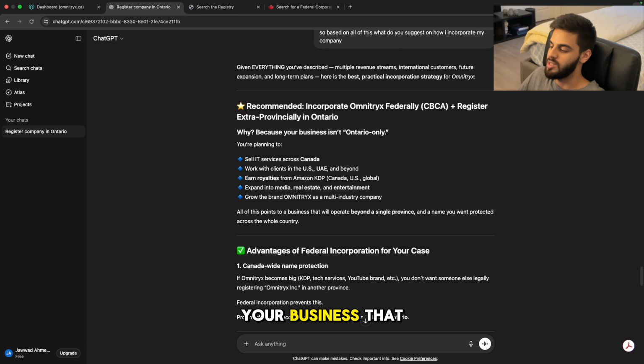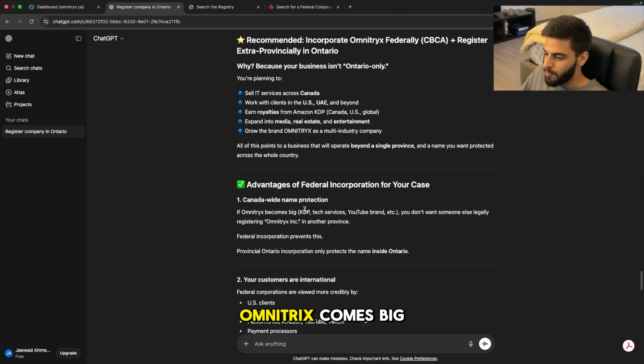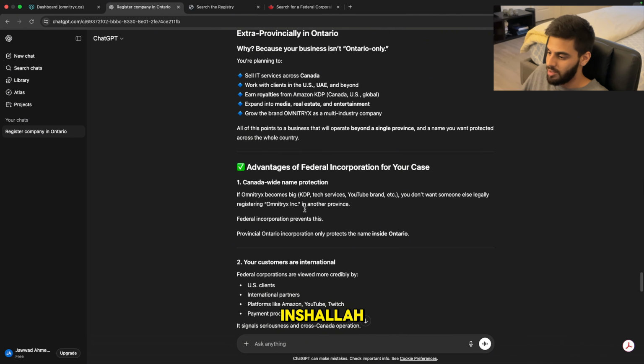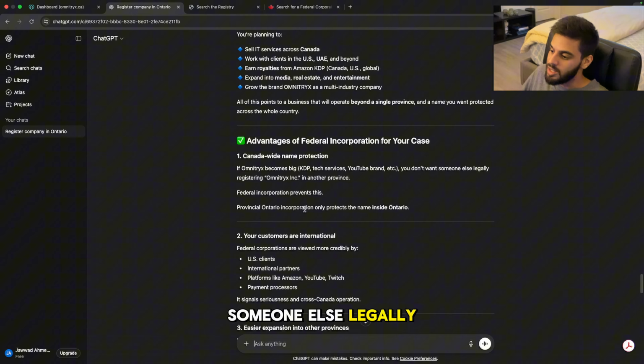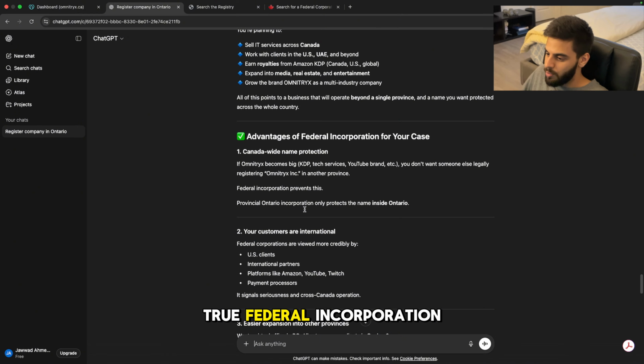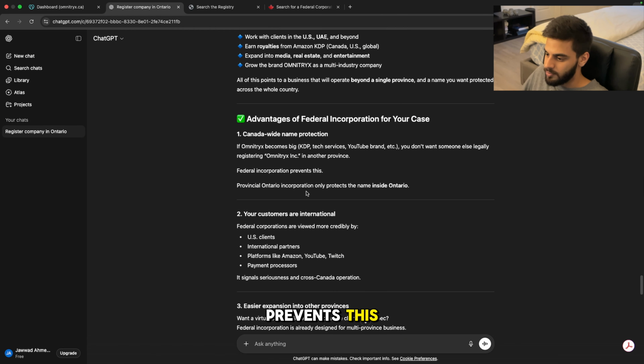All this points to a business that will operate beyond a single province. Advantages: if Omnitrix becomes big, inshallah, you don't want someone else legally registering Omnitrix in another province. True. Federal incorporation prevents this.